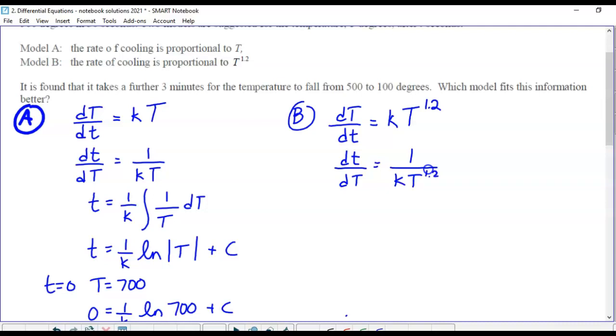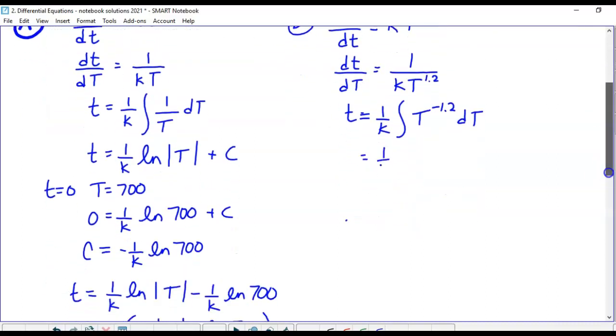Okay. You could show that as t to the negative 1.2 if you wanted to. So we'll factor, show the 1 over k out front. And then this, I'm going to show it as a negative exponent. Okay, so integration, so that's going to be t to the 0.2 over 0.2. Okay, so 0.2 in the denominator is like 5 in the numerator, so that's 5 over k, t to the